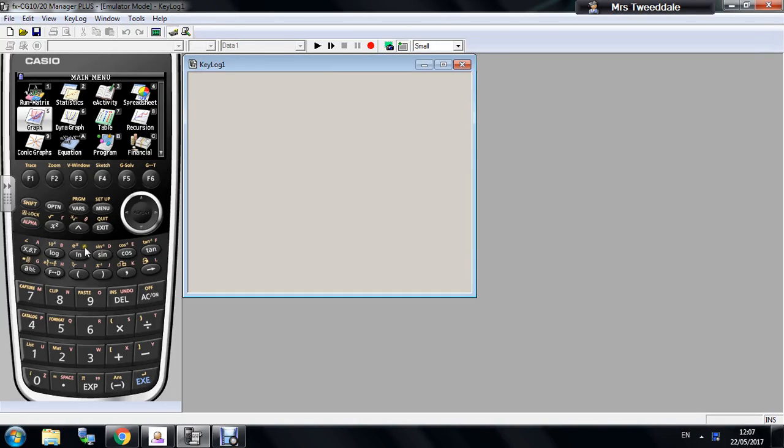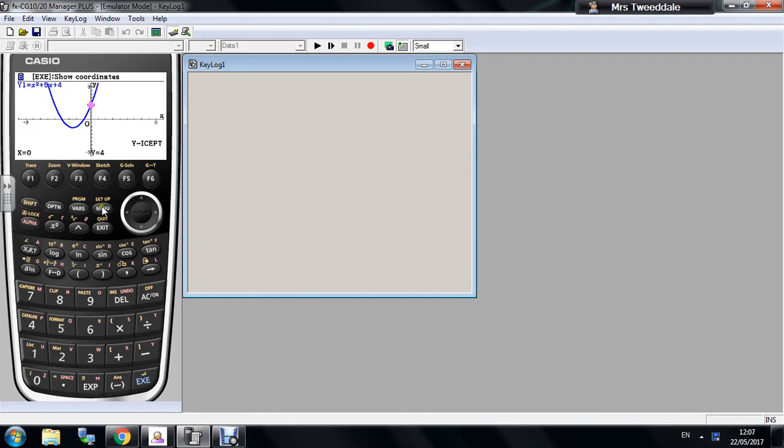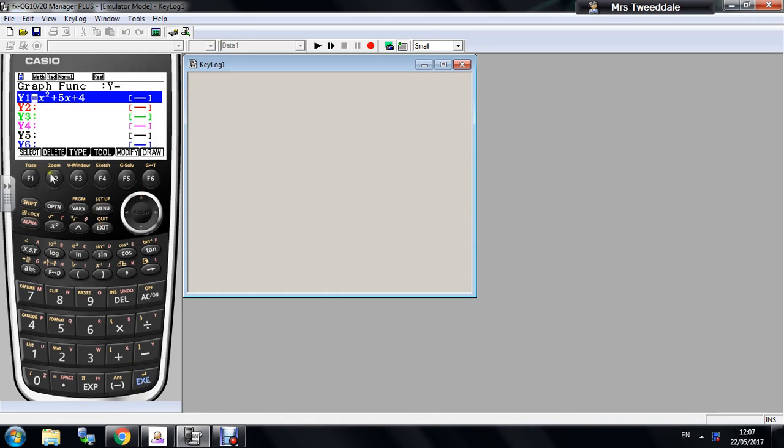Okay, this is my second video on quadratic functions, and I'm now going to show you a different mode to sketch quadratics. For example, let's think about if we wanted to do completing the square and we had our quadratic in a different form. I can go into graph mode here. If I just go in there, exit and delete, I can type functions in different formats in here if I wanted to,